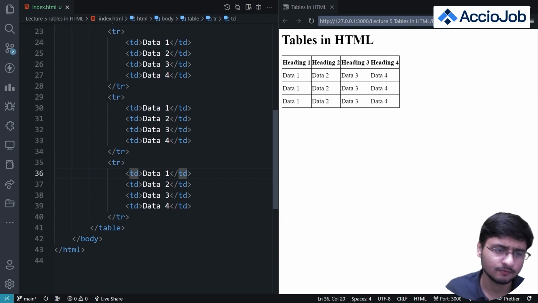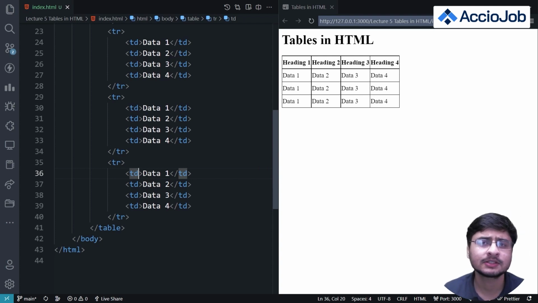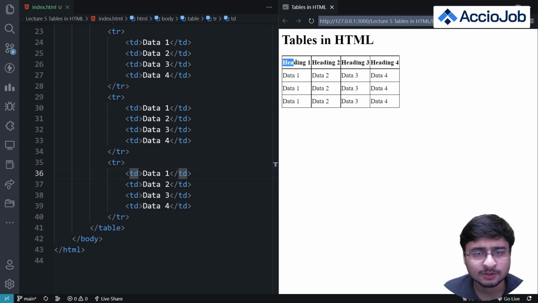So what is col span? Col span and row span are basically attributes to any table data or table heading tag, right? They basically tell the table cell how much column space or how much row space they need to take, right? For example, initially everyone has col span equal to 1 and row span equal to 1. This means that this table cell will be taking up 1 column, and since row span is also 1, it will be taking a size of 1 row, this cell, right?